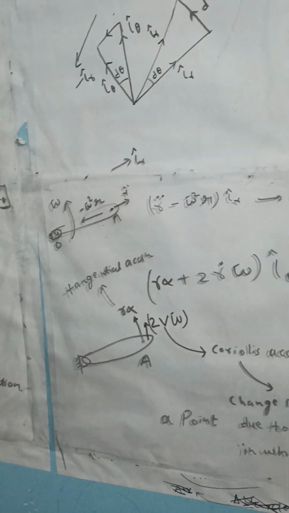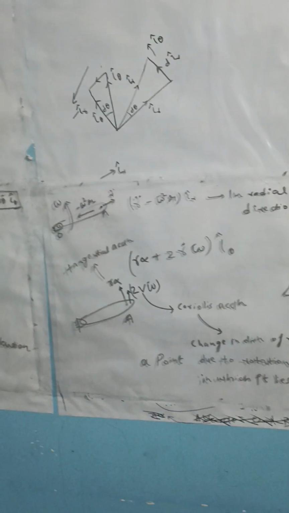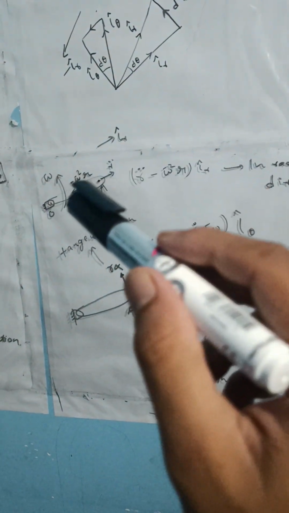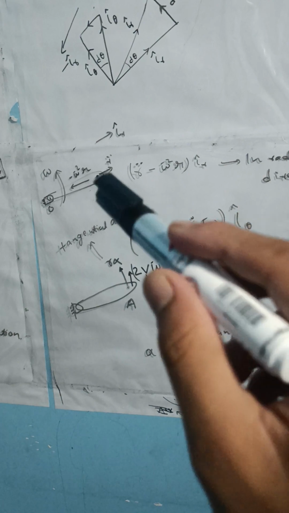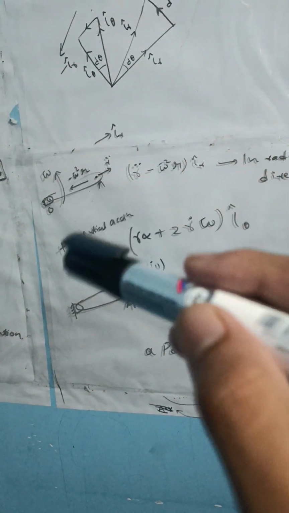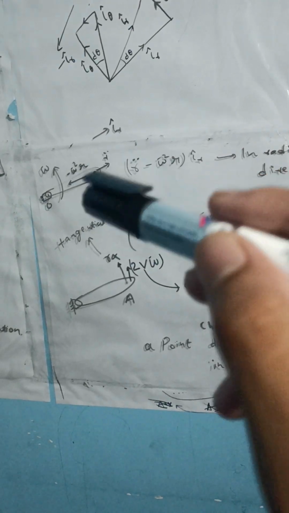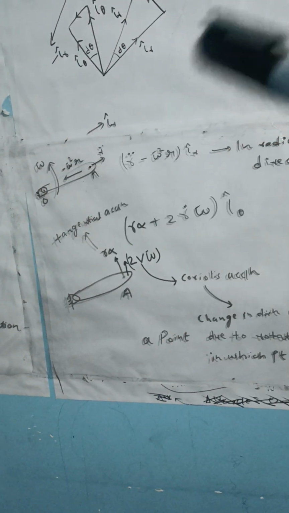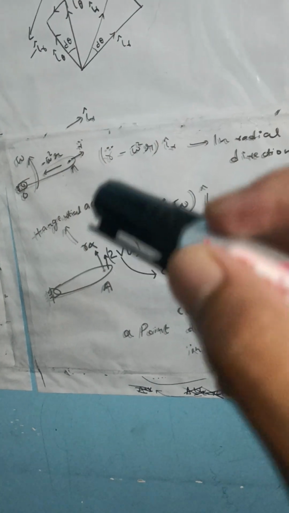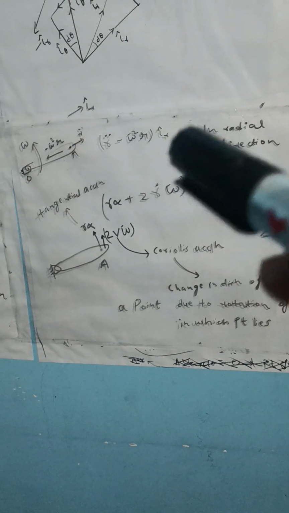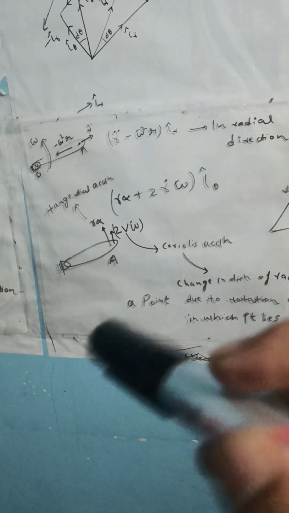Now the realization of this is here. Consider a body and a point A on the body. The body is rotating counterclockwise with omega. So minus omega square r is the centripetal component. R double dot is the radial acceleration of point A. In the radial direction the acceleration is this, so ir cap is coming as the unit vector.